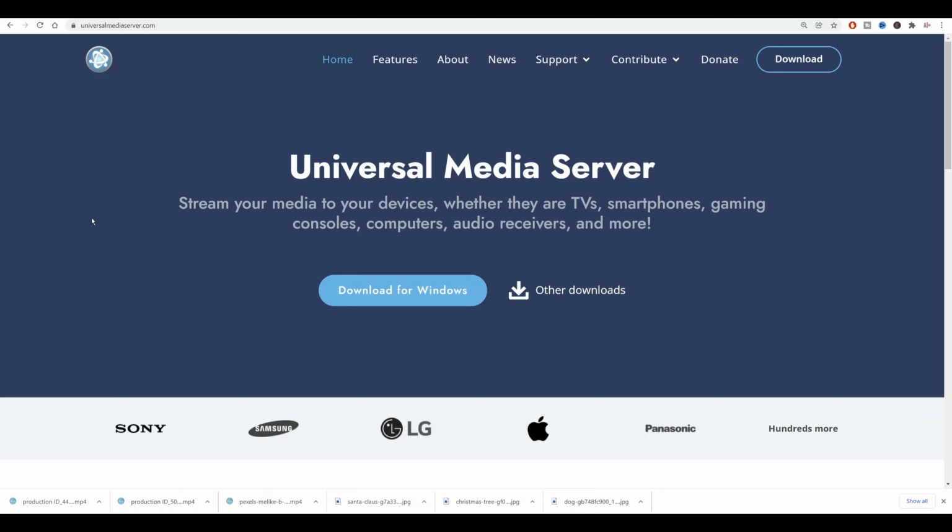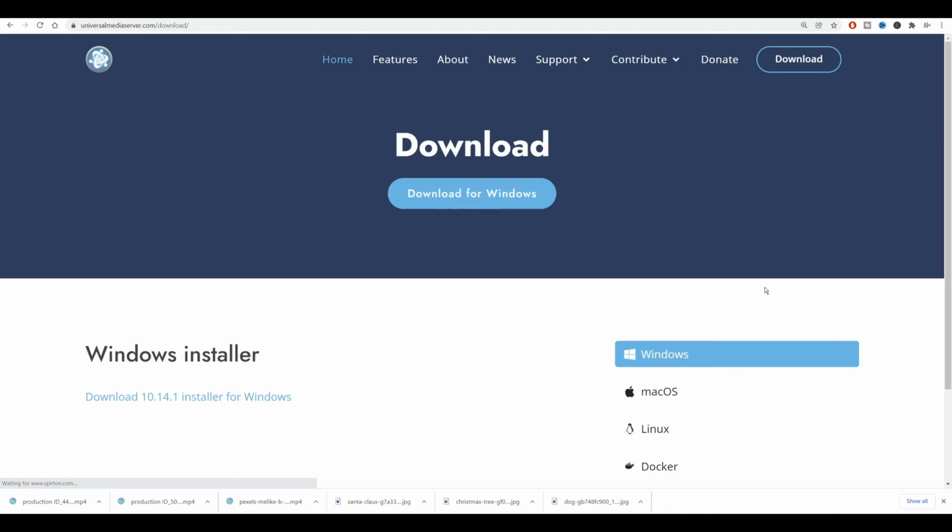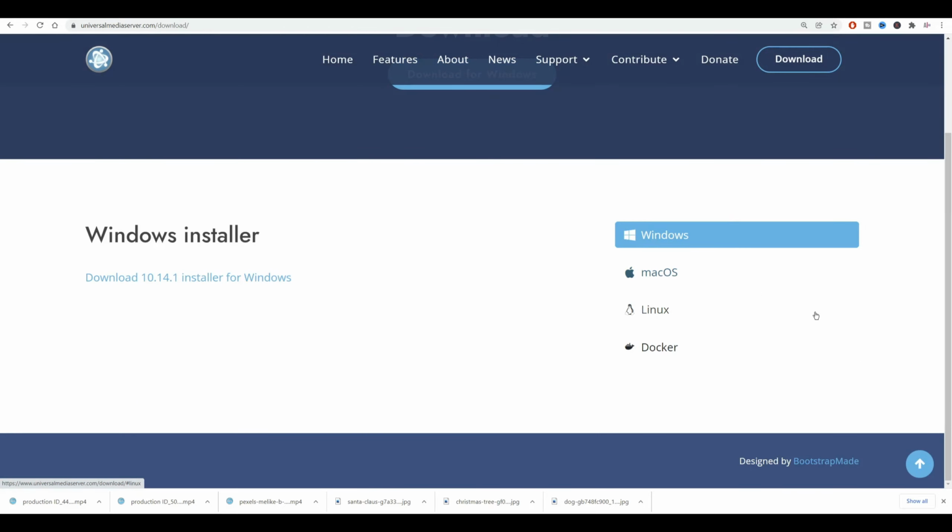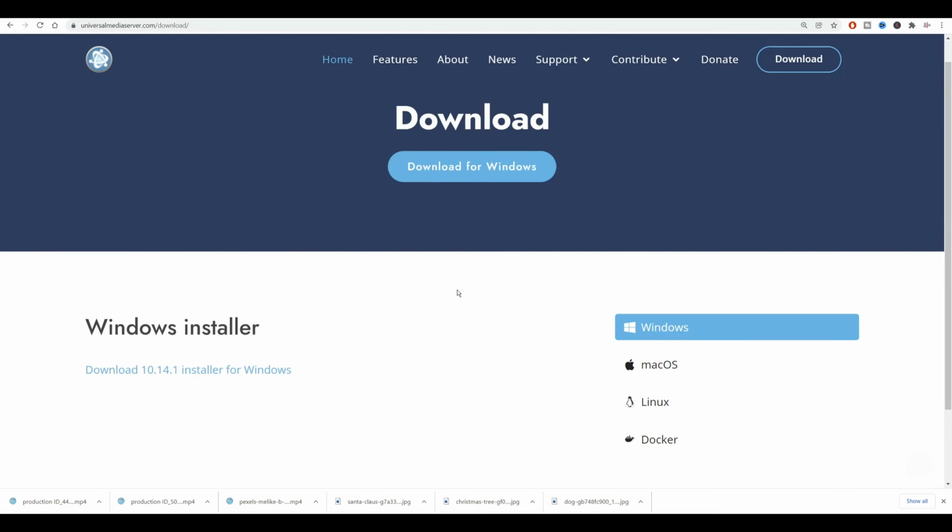The only thing that you need to set up is actually just adding the directory where your files are. If you go into other downloads, you see that it supports macOS, Linux, Docker, and of course Windows, depending on what kind of OS you have. This is the application that you need to download. Once you download the application, just install it the normal way. There is nothing to configure, and just start the application. So I'm just gonna start the application on my end,